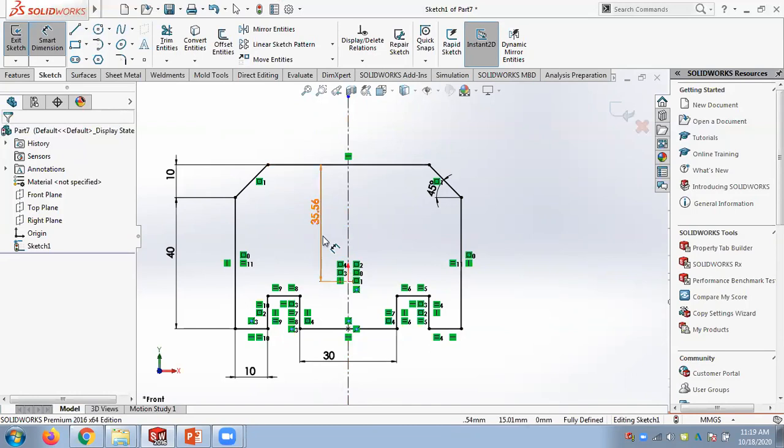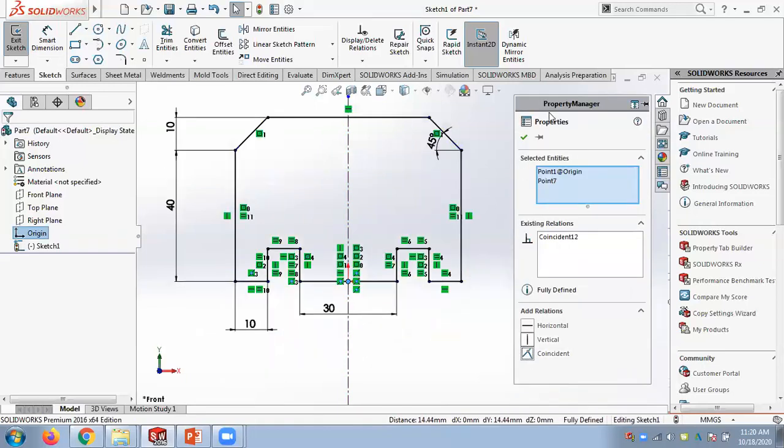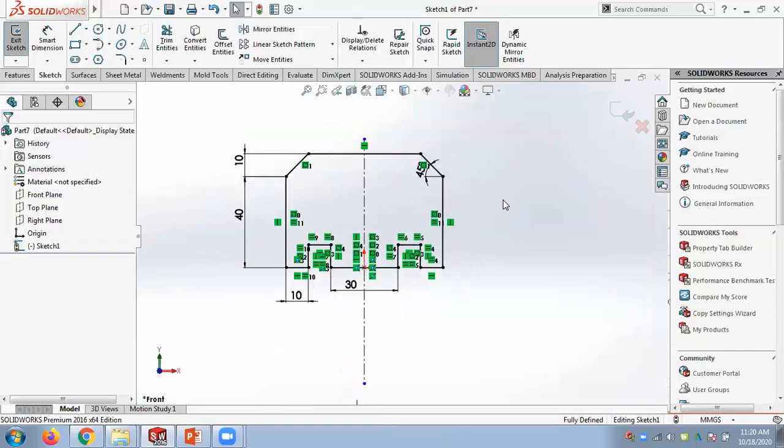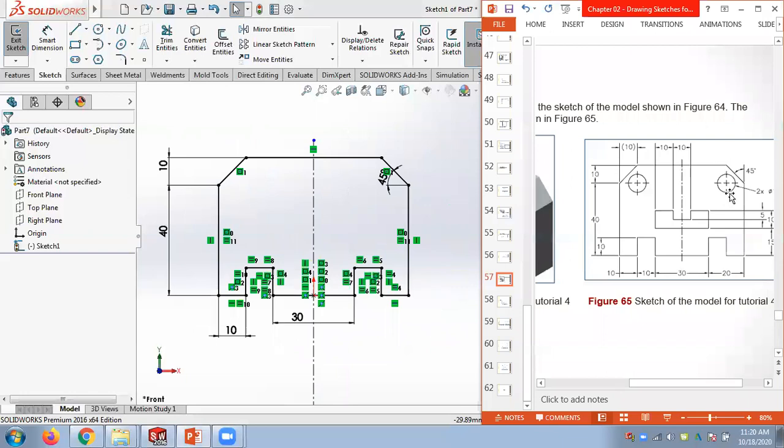So there are two ways. One way is you can put a dimension with respect to the origin. The other is you can make these 2 points coincident with each other. Then this becomes black. So try to get a black outer shape. Then we will proceed to the next one.